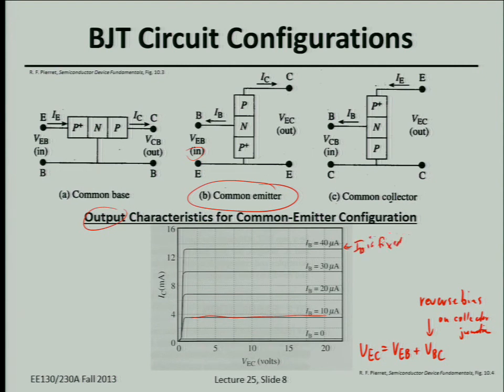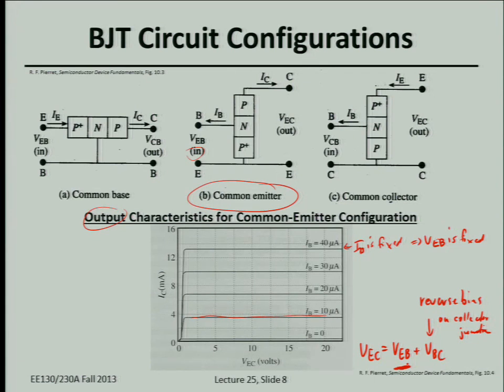So ideally, that means that VEB is fixed. So we're drawing a curve for a fixed value of the base voltage, or equivalently, a fixed value of base current. So for each curve, we're not changing VEB